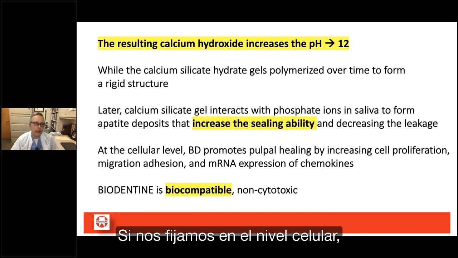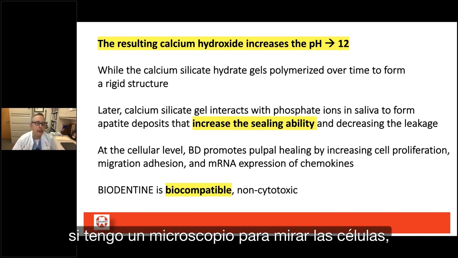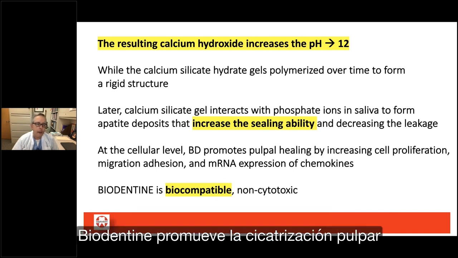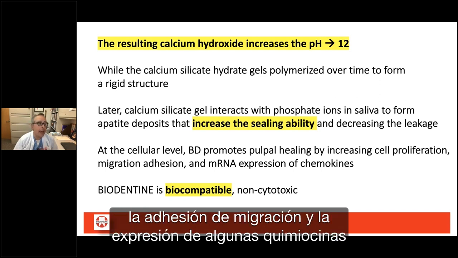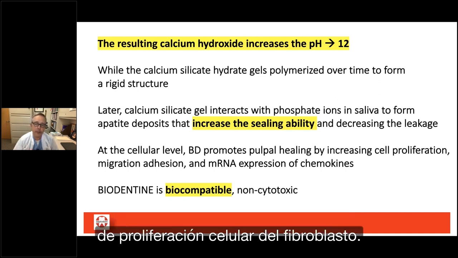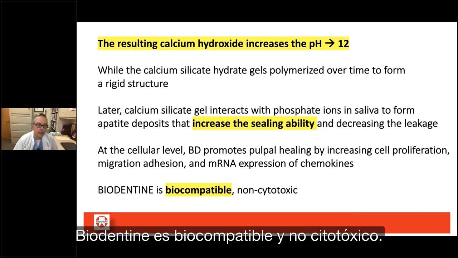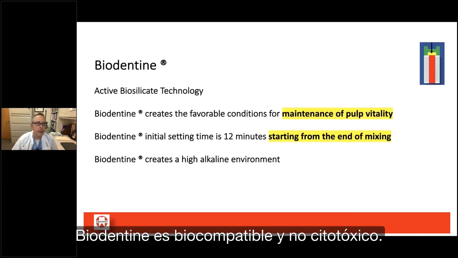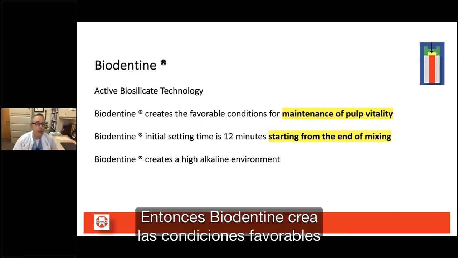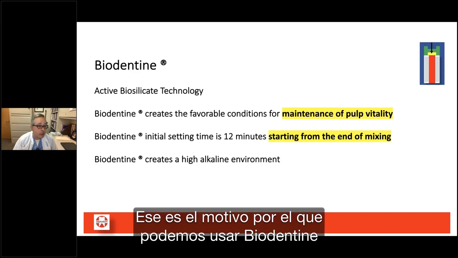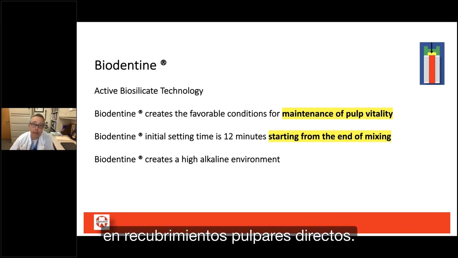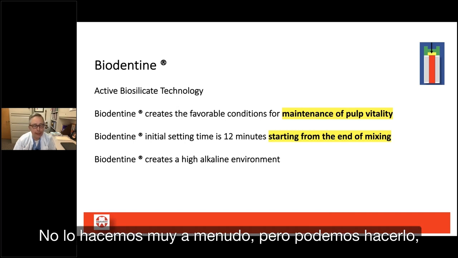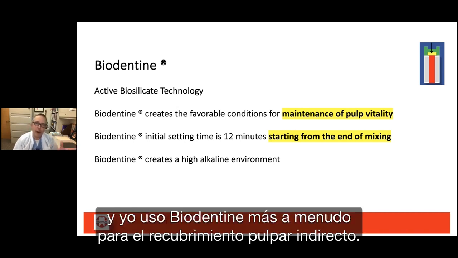If we look at the cellular level, if I have a microscope to look at the cells, when the cells are in contact with Biodentine, Biodentine promotes pulpal healing by increasing cell proliferation, migration, adhesion, and the expression of some chemokines related to the process of fibroblast proliferation. You can tell now that clearly Biodentine is biocompatible and non-cytotoxic. So Biodentine creates favorable conditions to keep the pulp vital. That's the reason that we can use Biodentine in direct pulp capping. We don't do that very often, but we can, and I use Biodentine more often for indirect pulp